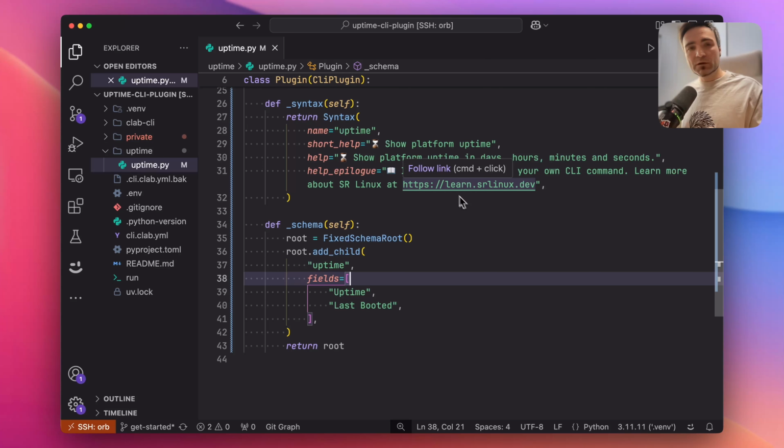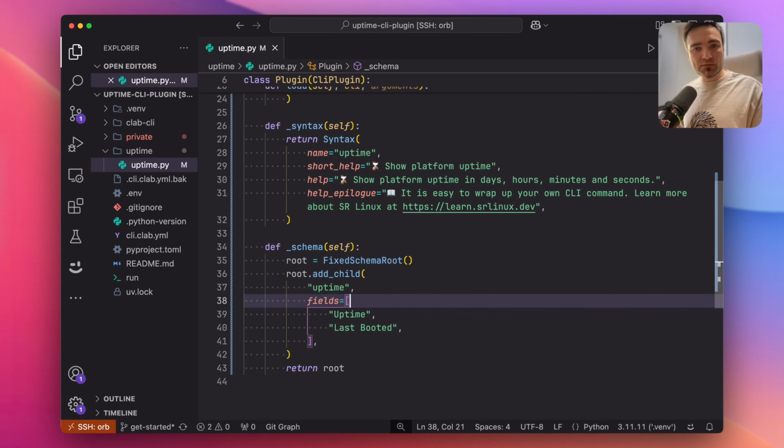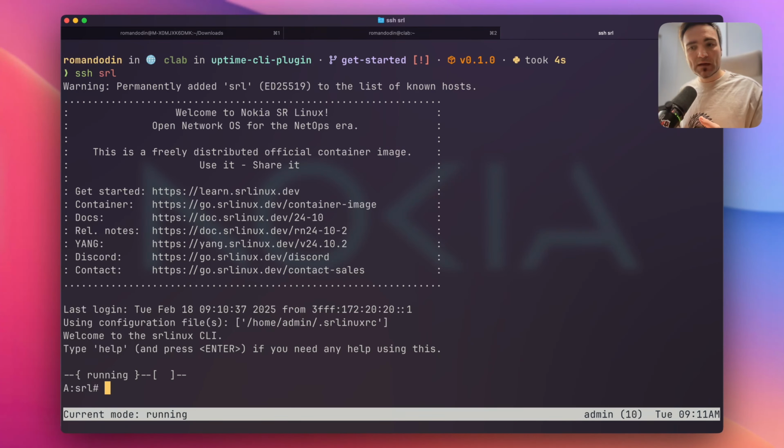So some interesting things ahead of us. Let's go. Now that we have our syntax and schema sorted out, we can actually try it out. So I just saved my file as it is now. And if I go back to my terminal, I can connect to this SRL node that has been deployed as part of the setup dev env step that we ran at the beginning of this tutorial. So this is the SR Linux container that runs on our machines. And have a look at that. If I type show uptime, the time thing is already suggested for me